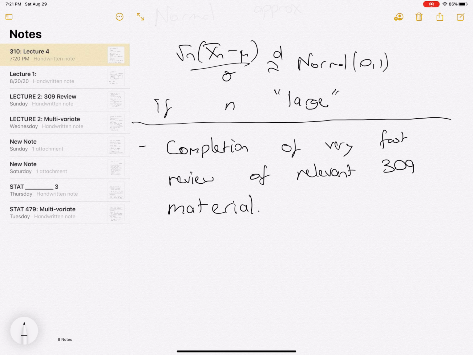In particular, I've done a lot of calculations involving expectations and variances, and covered the convergence of random variables and the various distributions that are important from 309. That should all be pretty comfortable to you. If it's not, I would go back to that material. Because starting from now, we're going to move into the new material for this course, which is chapters 6 through 14 in the textbook. So this is also potentially a good time for a pause in the lecture just to get yourself ready for the new material that we're going to cover.